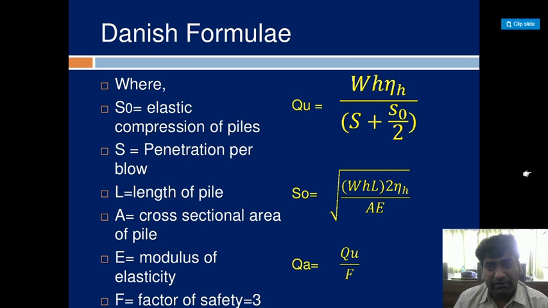So try to solve those numerical problems upon single pile, group pile. I will be giving those formulas also. This is the static formula. Try to solve numerical problems on these topics. Static formula: QU is equal to QP plus QS. QP is equal to small qp into AP, and QS is equal to fs into As, where capital QU is equal to ultimate bearing load, QP is equal to end bearing resistance, QS is equal to skin friction resistance, small qp is equal to unit end bearing resistance, equal to ultimate bearing capacity, AP is equal to area at the base, fs is equal to unit skin friction, As is equal to surface area of a pile in contact with soil.